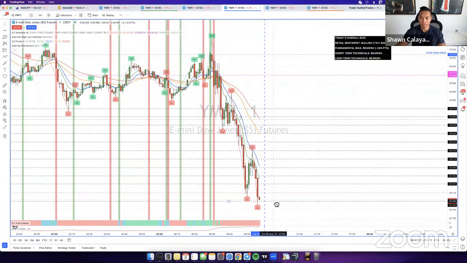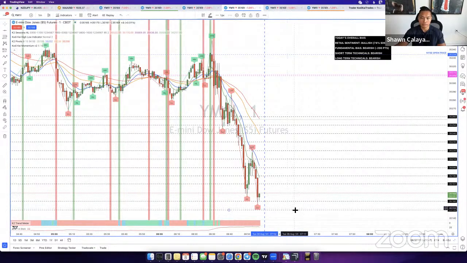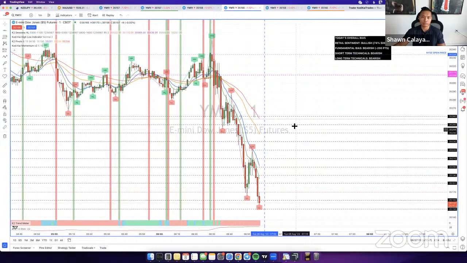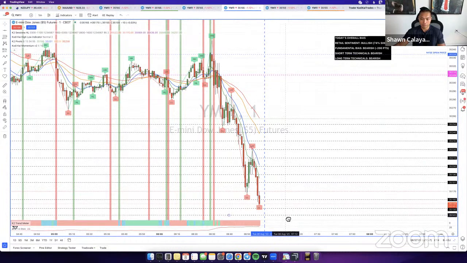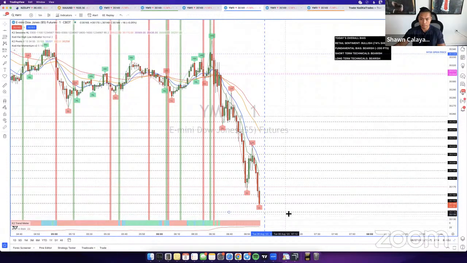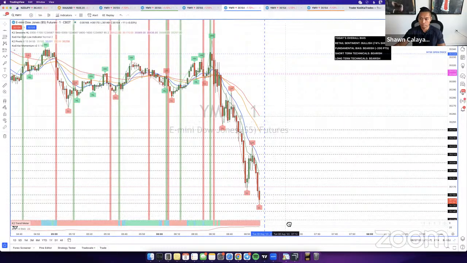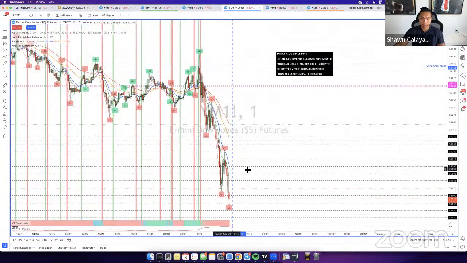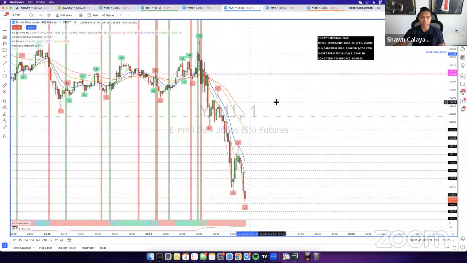And this is fine. I don't really care what's going to happen from now until 7. I actually prefer it to go back and forth from now until 7 because I don't want any real direction until the news passes. The last thing I want is for the entry to come up and then we're at news price over here and we can't enter the trade. We just missed the trade because of news. So I personally want price to do some random stuff right now, so that once we get past the news over here, we can actually start looking for a possible entry. I'm fine with price bouncing around right here so that when it comes time for our actual entry point, we'll be ready to take that entry.